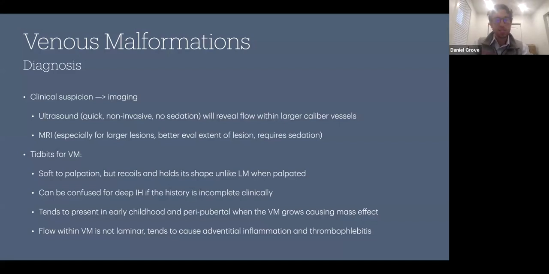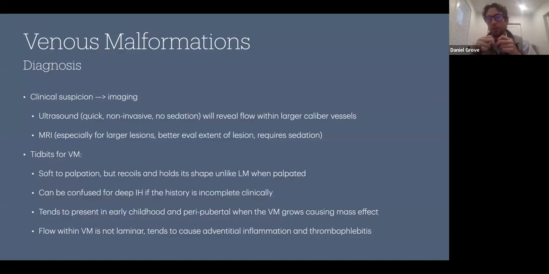The last thing I didn't mention that's important with venous malformations is you have to remember these veins are not normal veins. They're large, they lack the valves, and they don't have the normal typical laminar blood flow we like to think of in normal veins. As a result, you're getting eddies and abnormal blood flow in these vessels. So when these vessels expand, you're getting more and more eddies, and what it winds up leading to is a lot of inflammation in the inner vessel, and that leads to things like thrombophlebitis, so inflammation in your blood vessel,